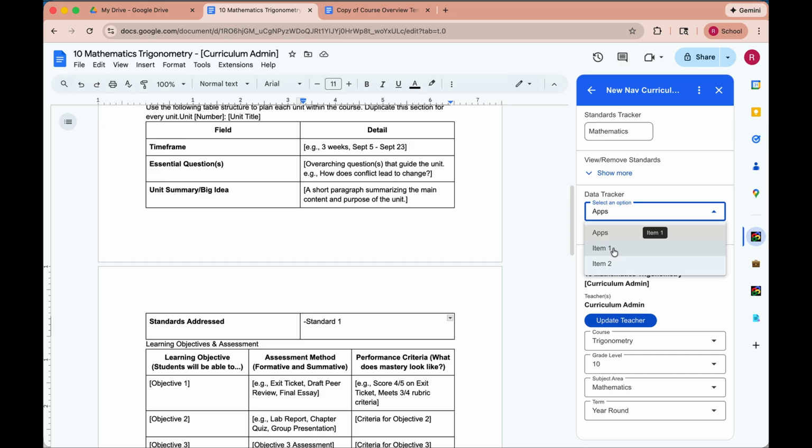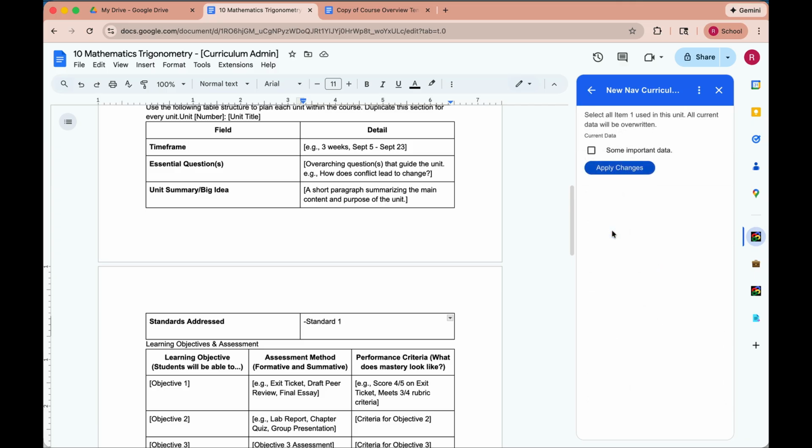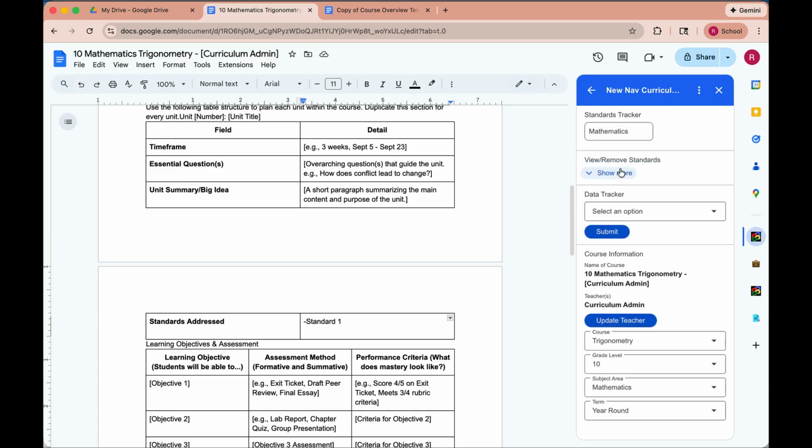So maybe you're tracking specific skills or dispositions that lead to a portrait of a graduate. You could have a category like that and then hit submit, and again it'll give you a list of options that you could select and once again attach to the document ID of that Google Doc